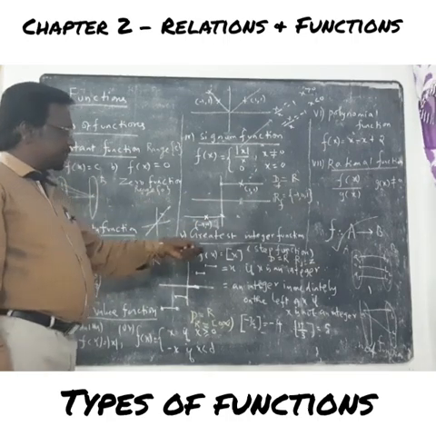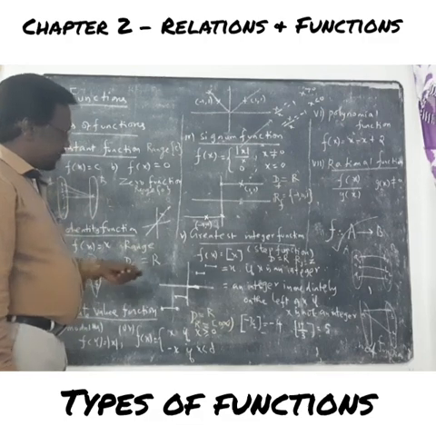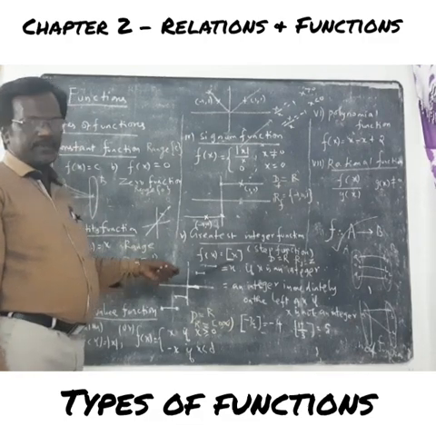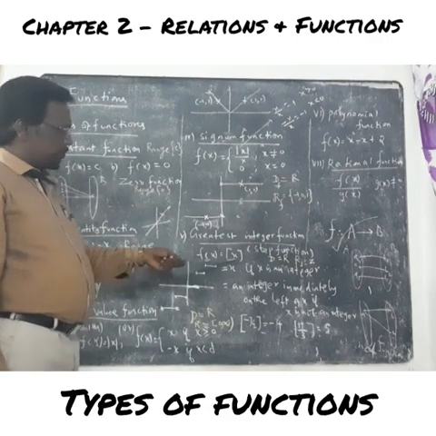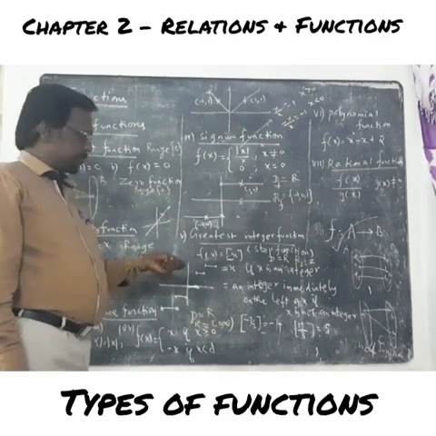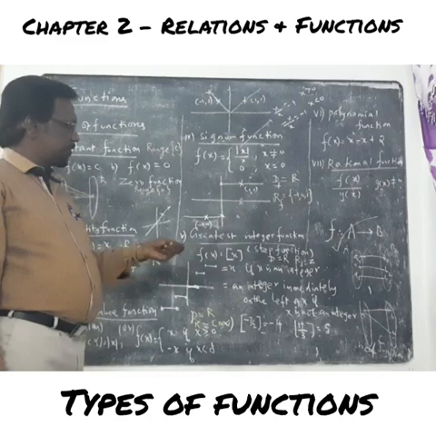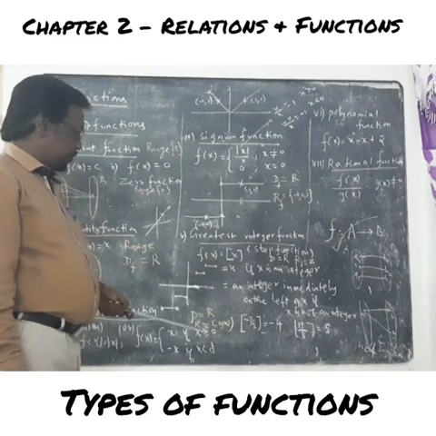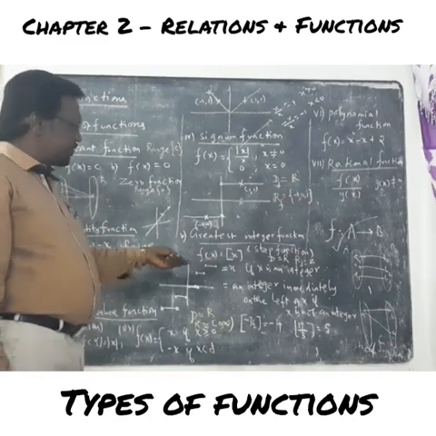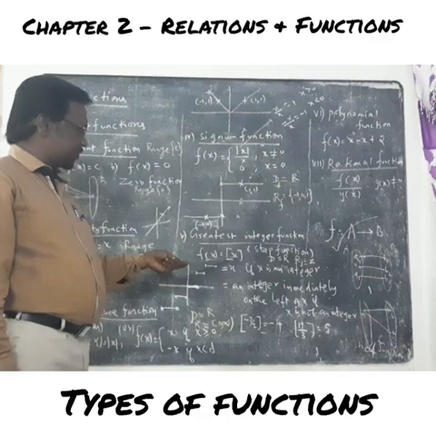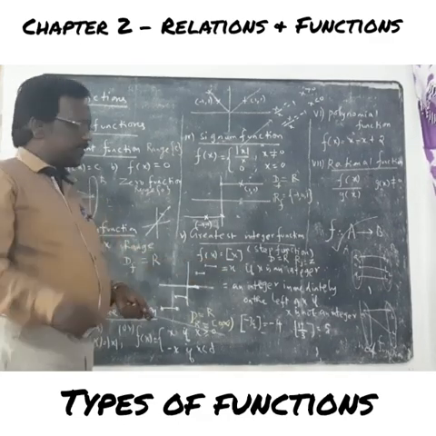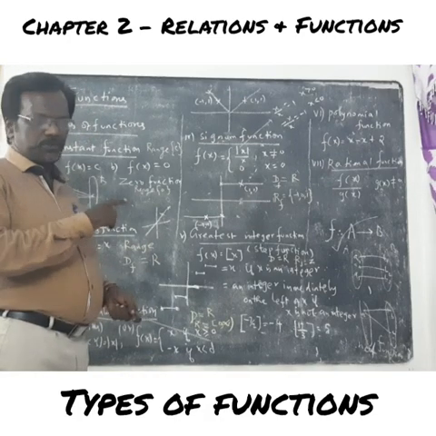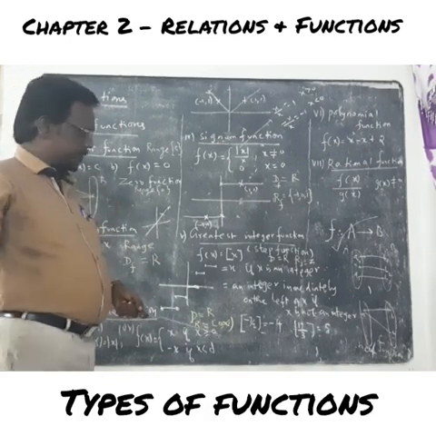What is the greatest integer function? Another one is the greatest integer function. f of x equal to the greatest integer of x is simple. Here we have already used the modulus of x, and here it is the square bracket with the x. Another name for the greatest integer function is the step function. So what is the meaning of this function? f of x equals x if x is an integer, that is, minus 1, minus 2, minus 3, 0, 1, 2, 3, etc.